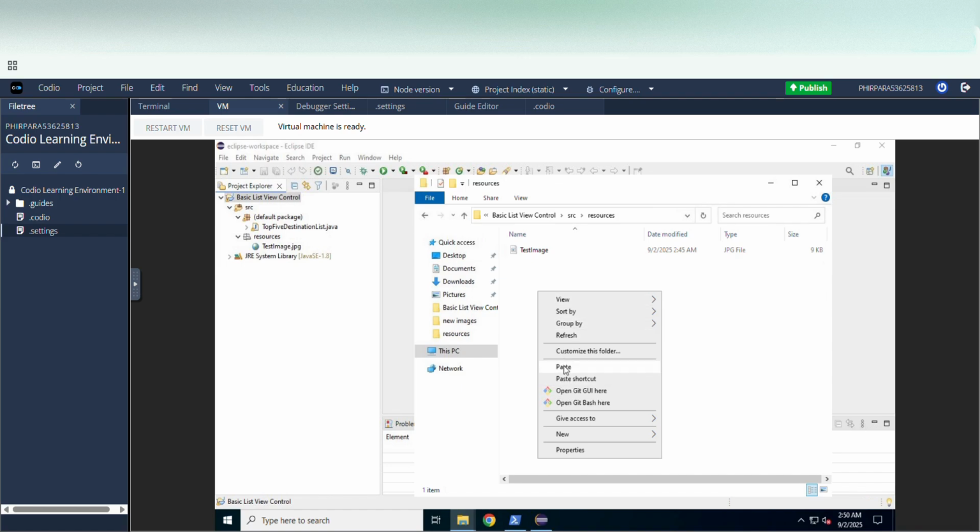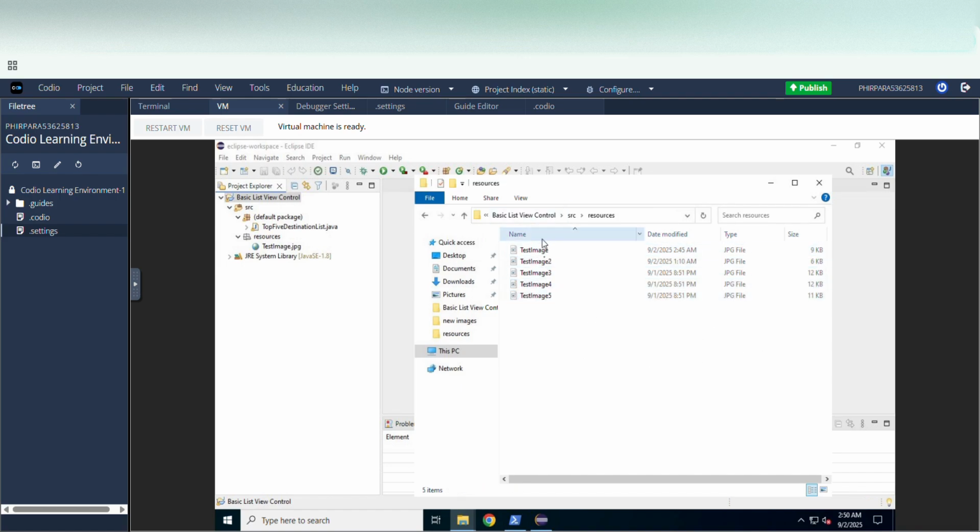Inside the resources folder I'm going to paste them. So I will keep the first image as it is, and I will add another 4 new images for the